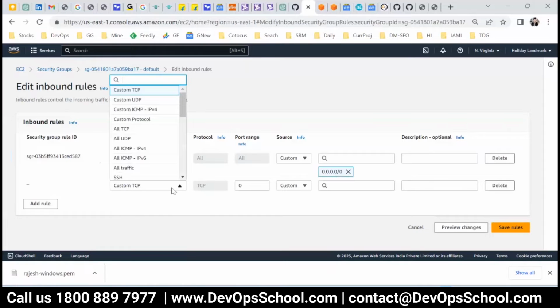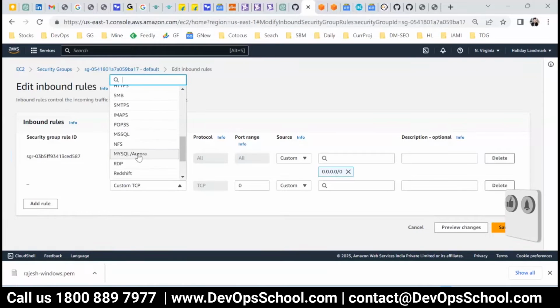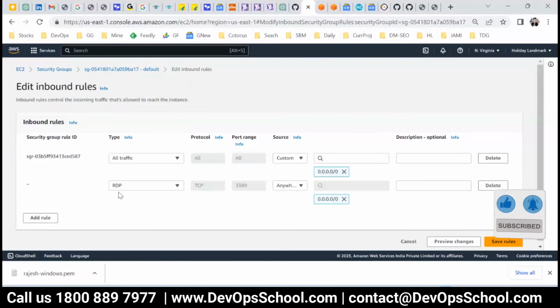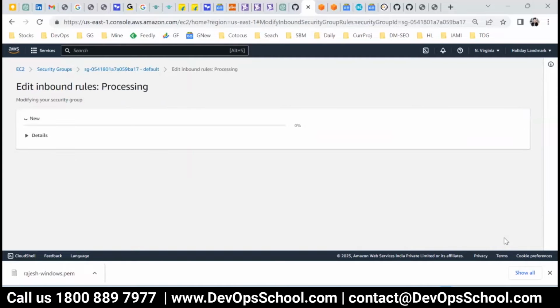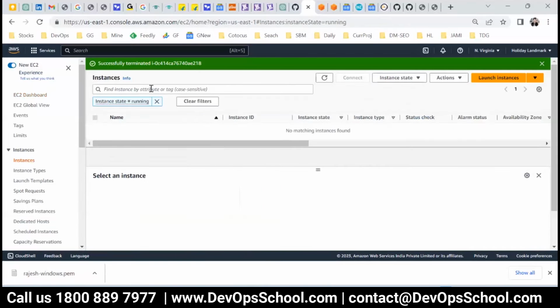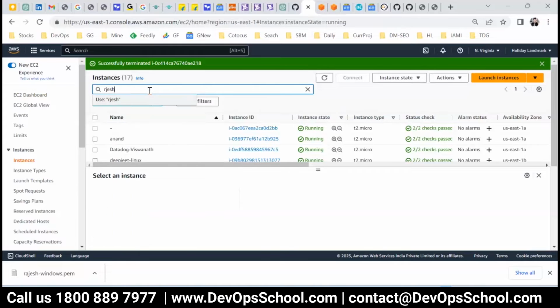But if you want to be specific, the RDP port is there somewhere downside. Here it is, and from 0.0.0.0 everywhere. So you should set it up like that. But because all traffic is already allowed in the default security group, I don't have to set anything, by the way. So that's okay. So go to my dashboard, my instance, Rajesh, search for it,